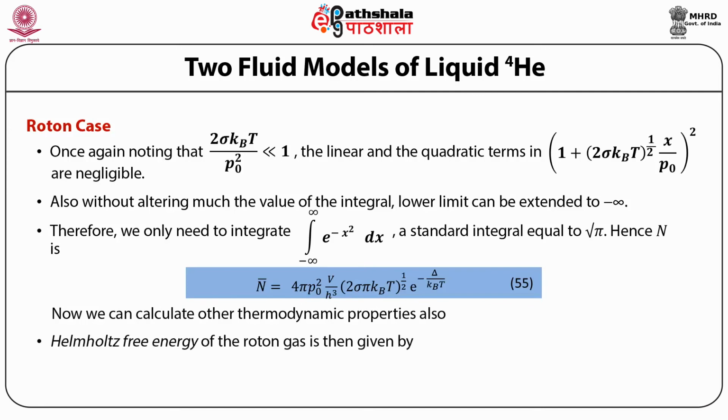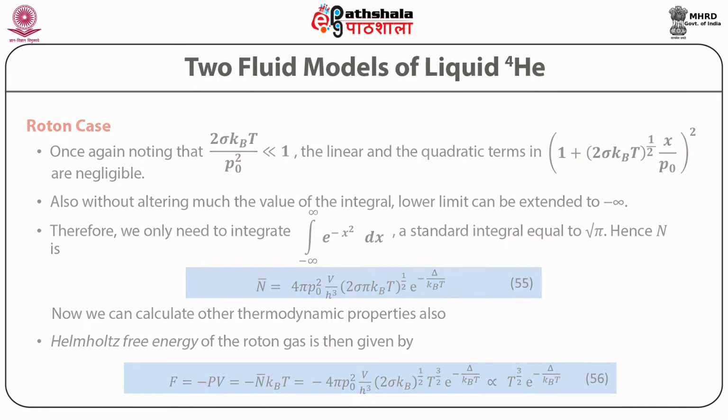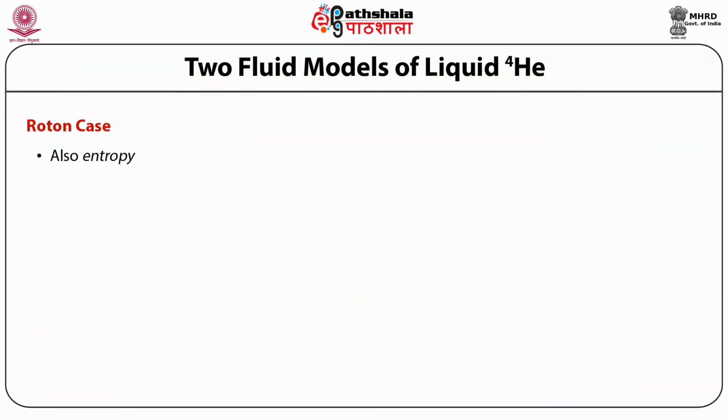Helmholtz free energy of the proton gas is then given by F is equal to minus PV is equal to minus n bar kBT is equal to minus 4 pi p naught square V upon h cube into (2 sigma kB) raised to power half T raised to power 3 by 2 e raised to power minus delta by kBT, which is proportional to T raised to power 3 by 2 e raised to power minus delta upon kBT. Also, entropy S is equal to minus